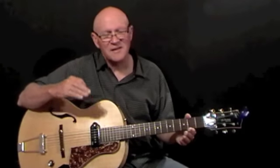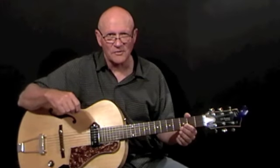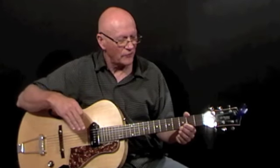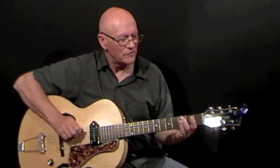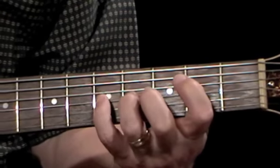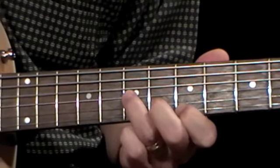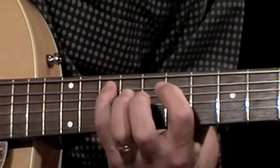So this exercise then moves on in a similar fashion through the whole of the diatonic series. I'll demonstrate the whole drill now in the key of C, rooted on the 5th string. So we're starting with the arpeggio for C major 7th. Down the D minor 7th, up the E minor 7th,